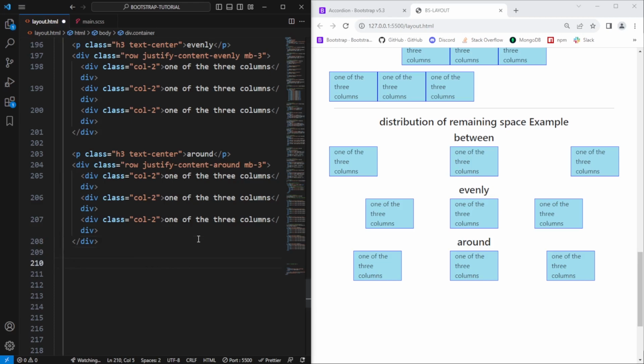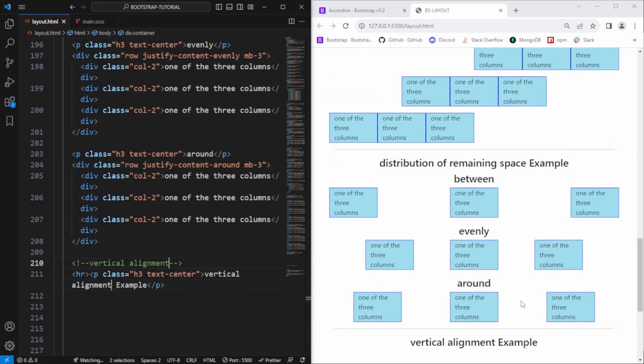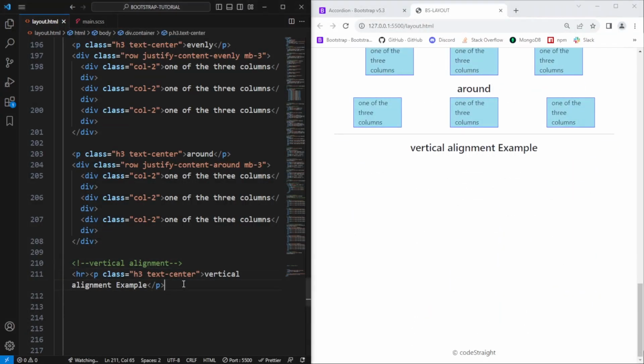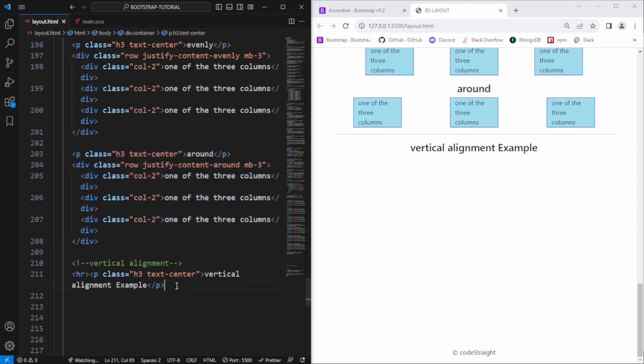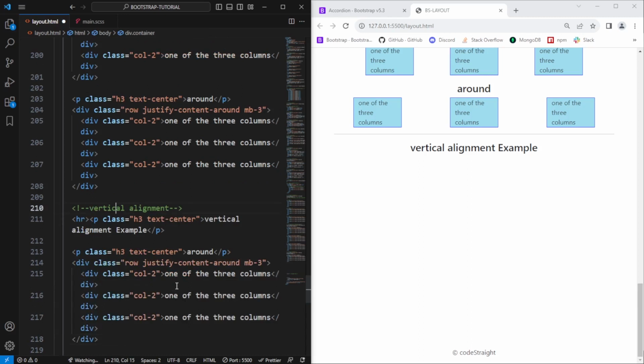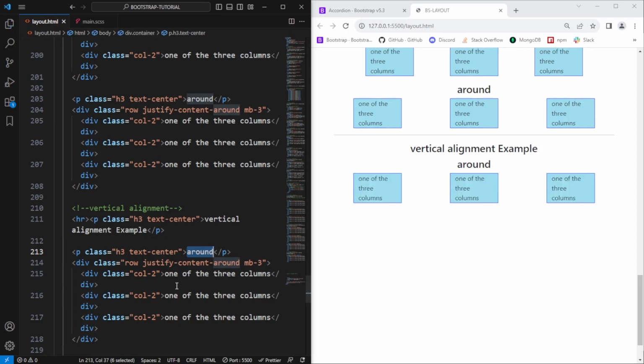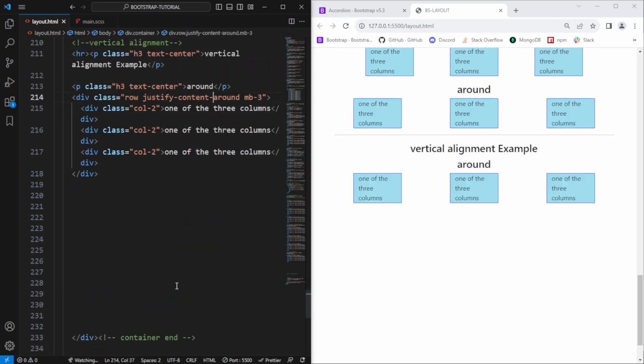And for that, let's add some heading here, vertical alignment. Hit save, and let's scroll it down. All right, and then let's copy these guys from here, or say I'll also have this paragraph, copy and paste in here. All right, vertical alignment, and I'll get back here in a while. So let's remove this justify content around for now. Hit save,